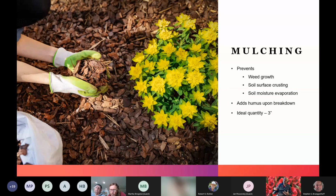Mulching is still important. We're in the cool season, there's winter weeds out there, so we want to keep them at bay. We want to keep that soil surface nice and soft. We don't want it to crust. We want to minimize the amount of evaporation, which will happen because we can have some dry winters also. It adds humus, and humus is that area. If we have a 3-inch layer of